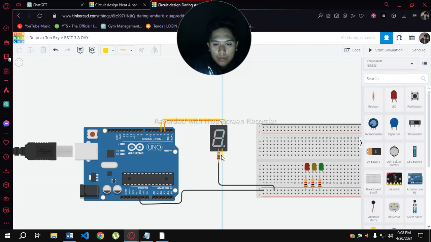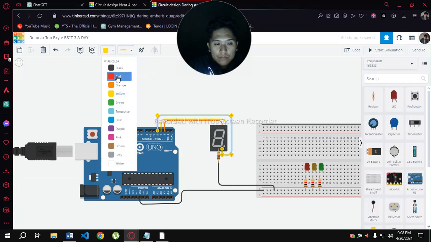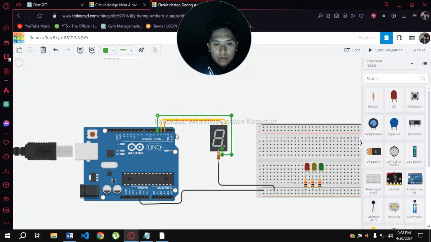Also C. We're going to put C to 4. Change color to green. Now proceed to D, in the fifth pin, change color to turquoise.